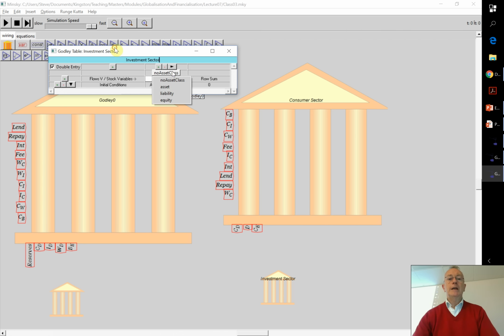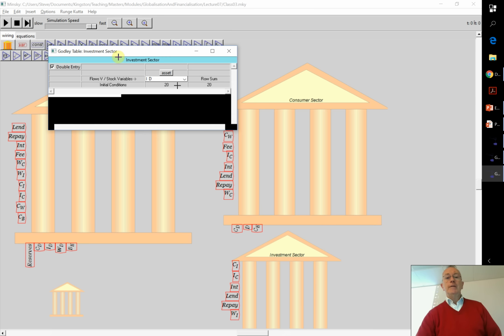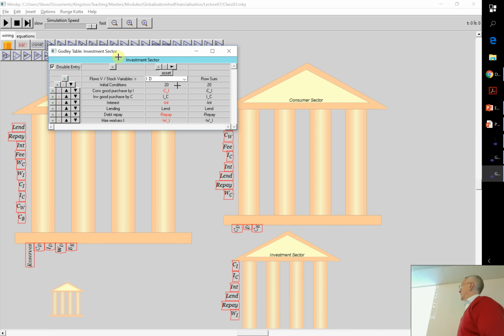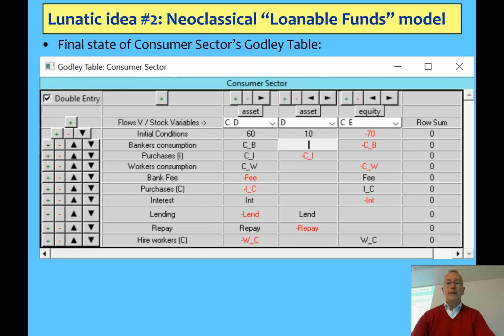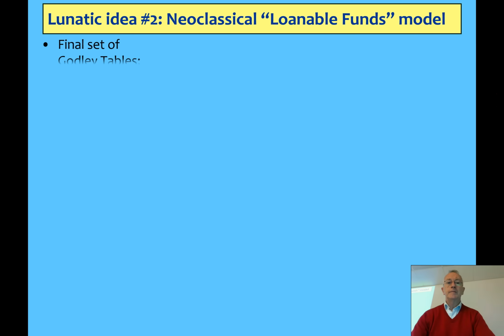Okay, again the same story, choose assets. What are the available assets? You're now down to two assets because you've already allocated the consumer deposit account to the consumer sector. Choose ID, and now all the operations that exist coming out of the account of the investment sector turn up in the column in the table. Let's go back and show that in a second.